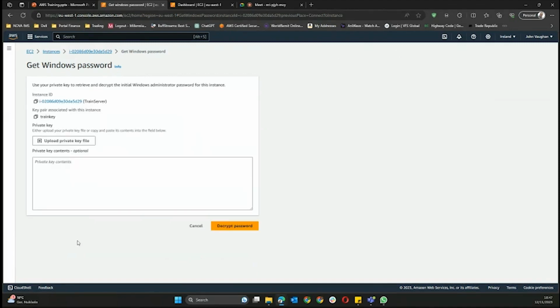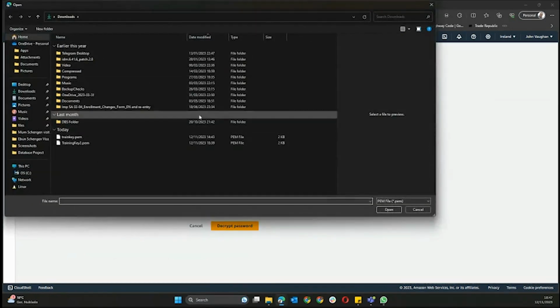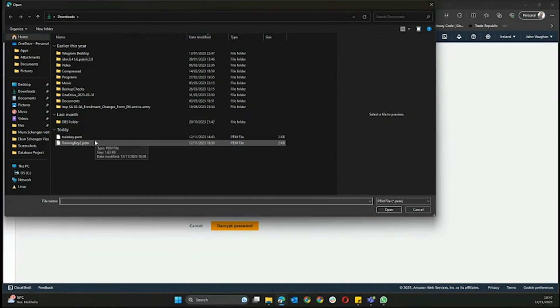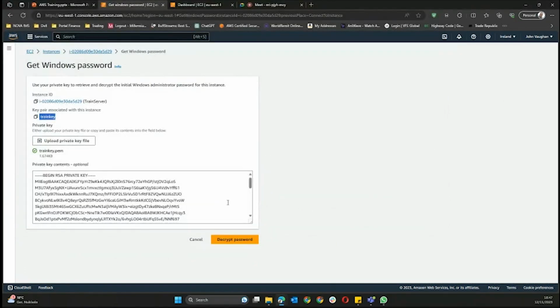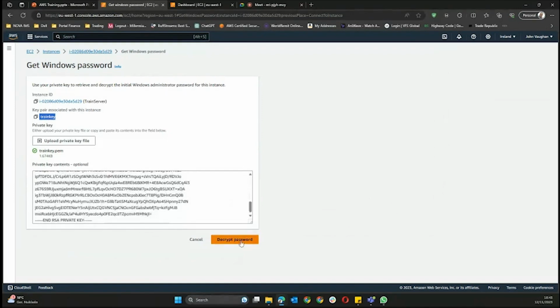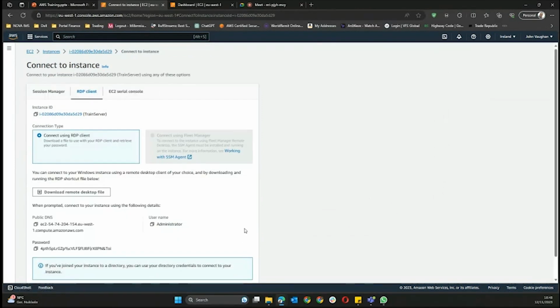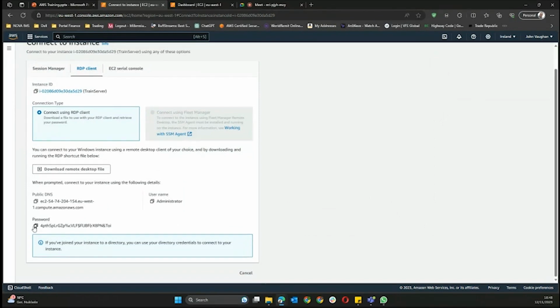All right. So it's very similar. If you remember, we downloaded a private key earlier. Okay. It's similar. This is a different server, but it's very similar. I already created a train key earlier. So I'm just going to do upload key file, and it will take me to my download folder, which is where I have the .pem key file that I downloaded earlier. So I'm going to click on that one, which is for this server, and I'll do decrypt password. Okay, so it's going to decrypt the password for me, and I would be able to copy it and then